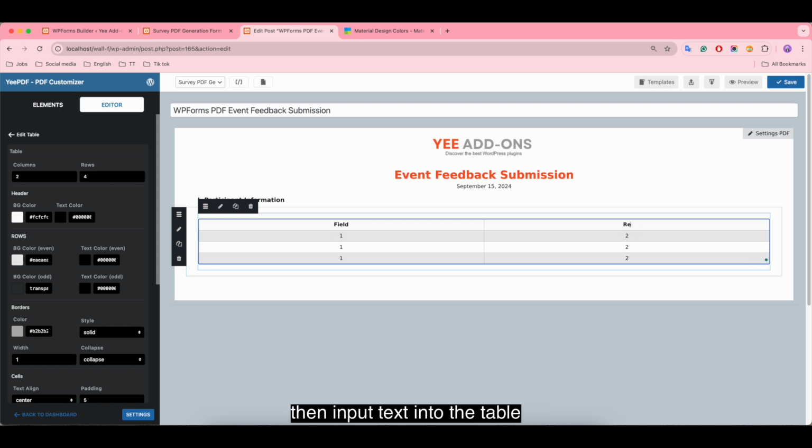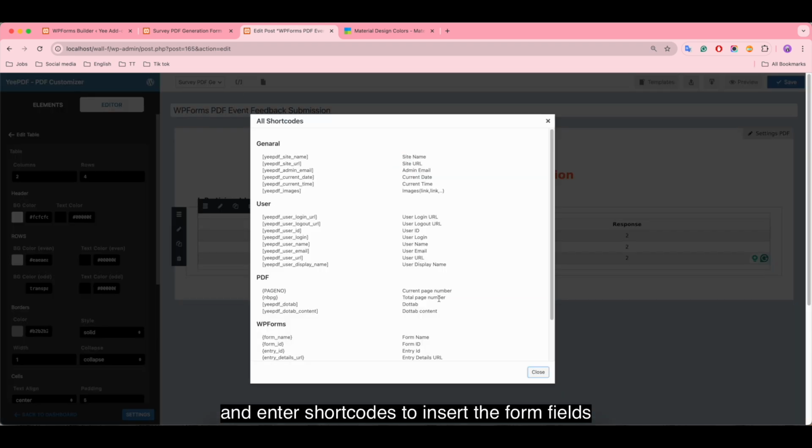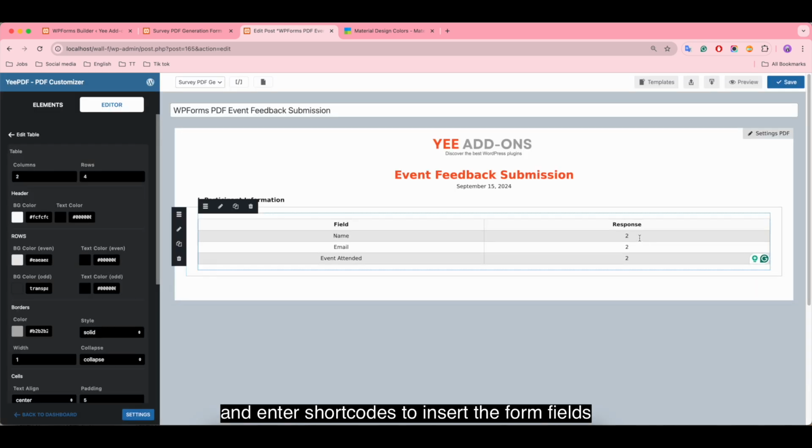Then input text into the table and enter shortcodes to insert the form fields.